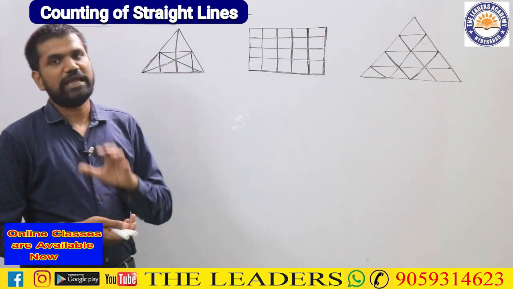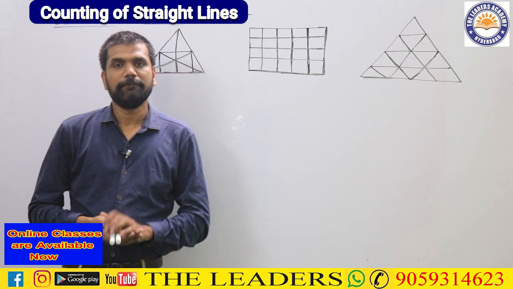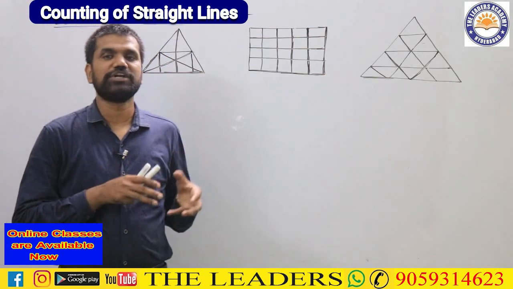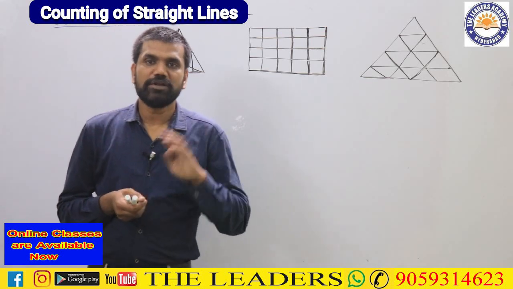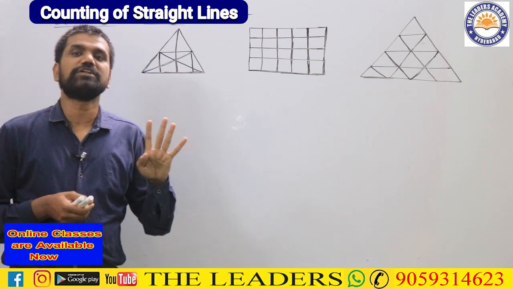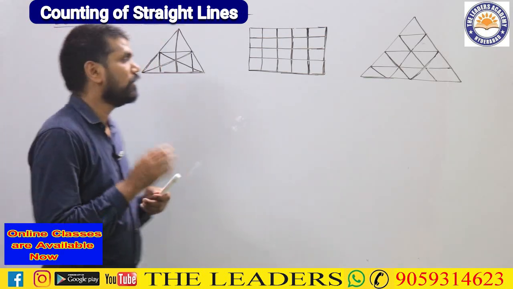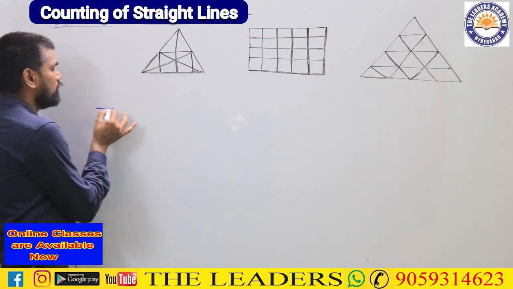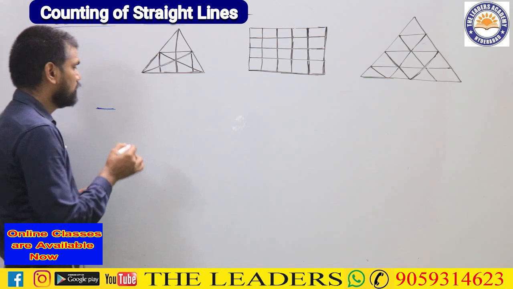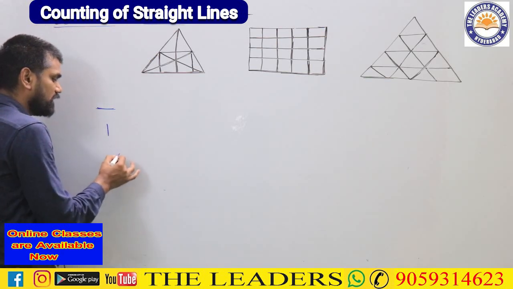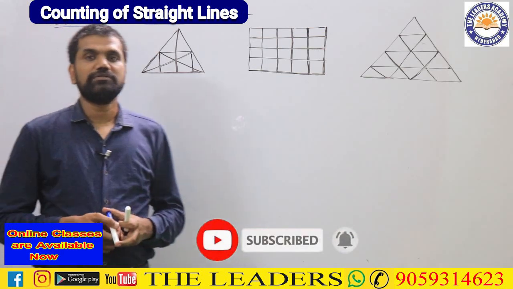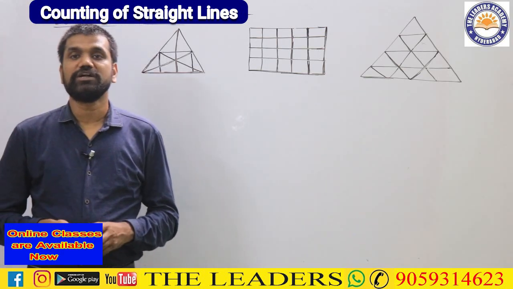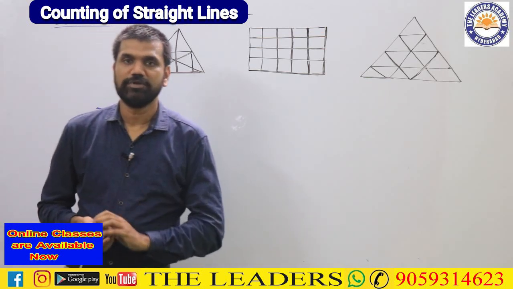First, whenever you are counting any straight line in any particular figure that is given, you just have to focus on what are the types of straight lines that can come into picture. There are only four basic types of straight lines that can come in any figure. The line may be horizontal, or vertical, or slant lines, which is looking like this. This is one type of slant line. This is another type. So in any particular figure, the maximum number of types of straight lines that we can come across are four. This is the first thing that you have to keep in mind.